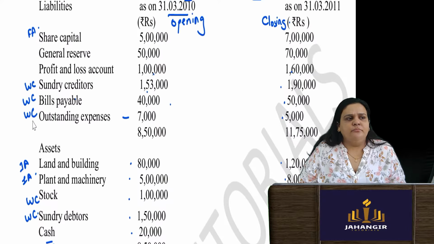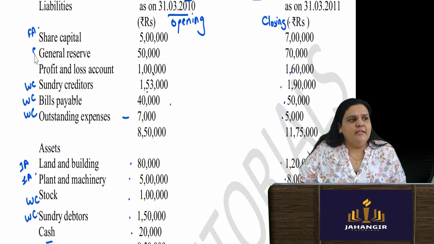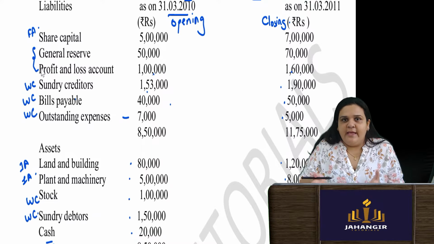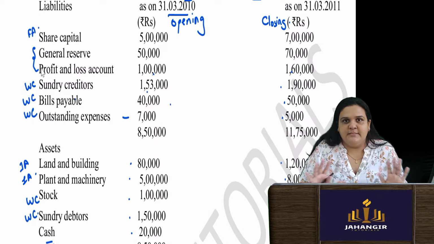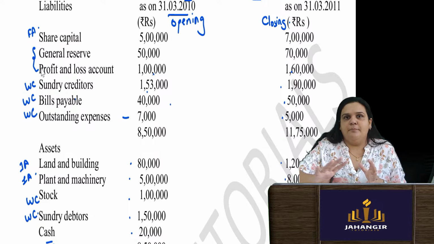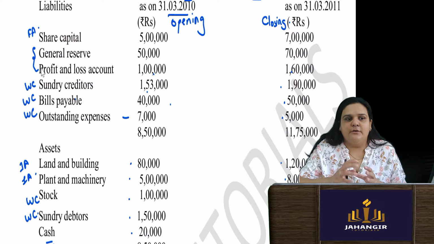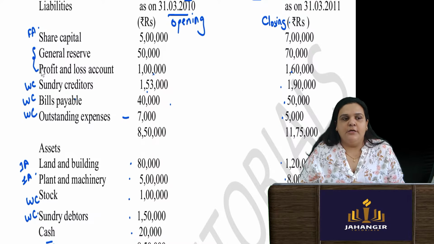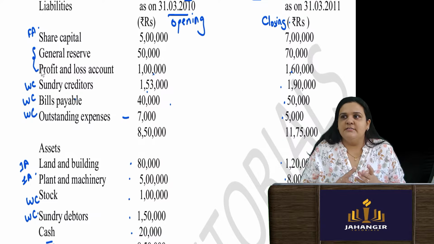General reserve and profit and loss account are everything which will come when I put money in my general reserve, when I have balance left from my profit. After finishing all the expenses, I have some profit left. That profit I will appropriate. I will put some in general reserve, I will pay some dividend out of it, or I will do some kind of a thing from that profit. So P&L and general reserve is something which we will have to understand.